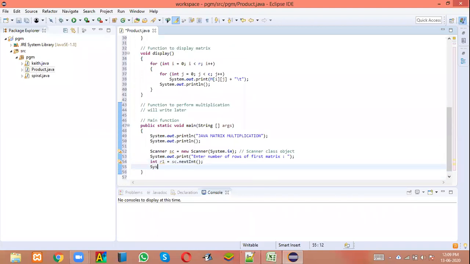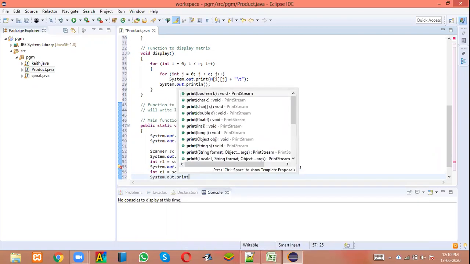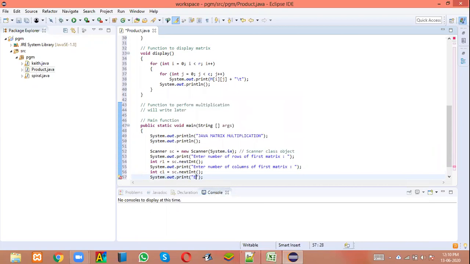I'll do the same thing. System.out.print, enter number of columns of first matrix. Int c1 is going to be sc dot nextInt. And then System.out.print, enter number of rows of second matrix.